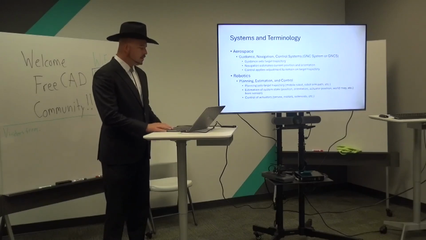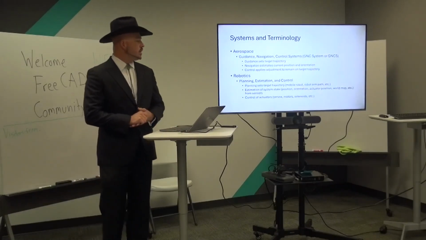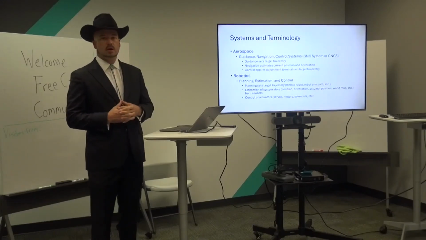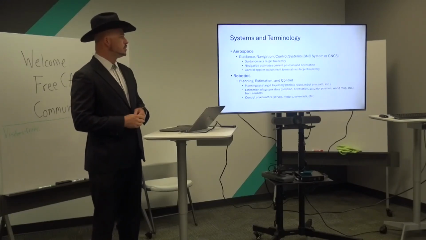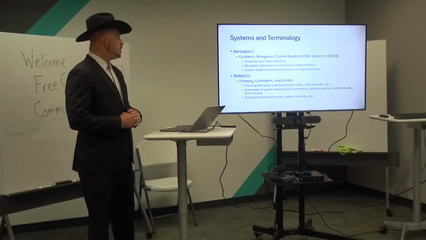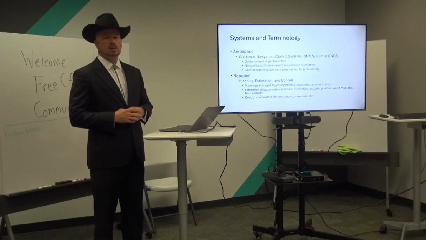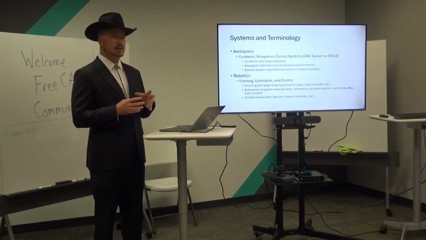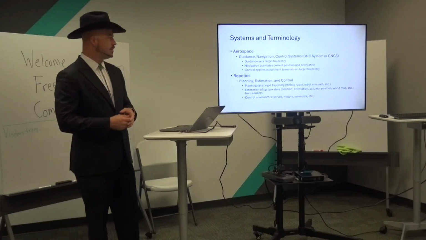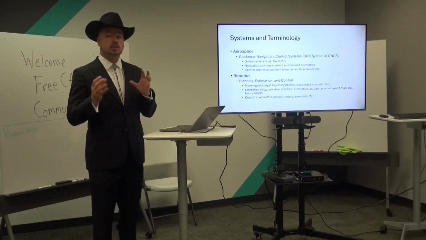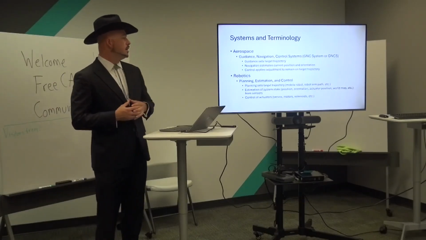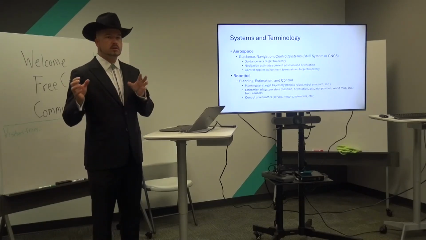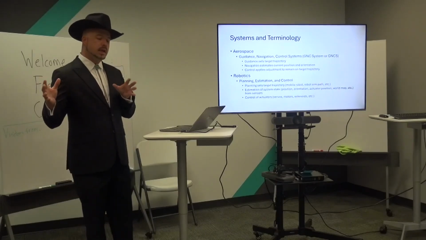So, some systems and terminology. If you come from different backgrounds, you might have some of this terminology. In aerospace, you'll see guidance, navigation, and control system, GNCS. Guidance will set your target trajectory. Navigation will tell you where you are. Navigation is not the turn-by-turn directions your phone gives you. It's really understanding where you are, what your position is, what your orientation is. And then control is applying control input to your actuators in order to get you back onto that